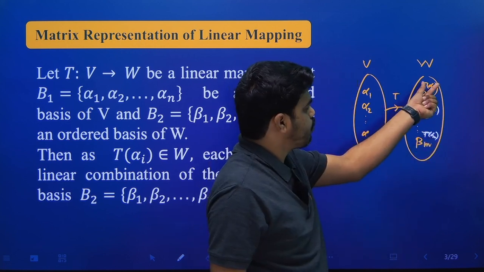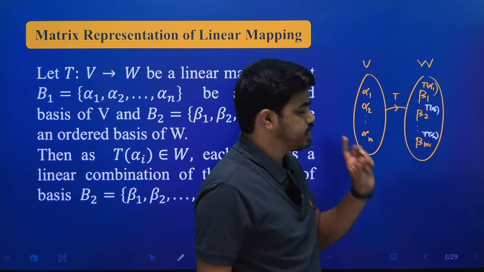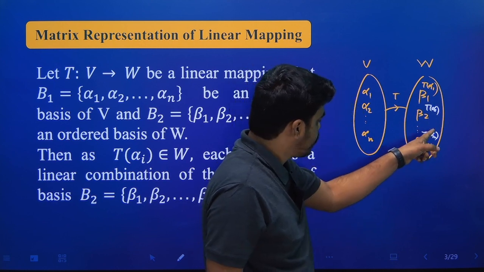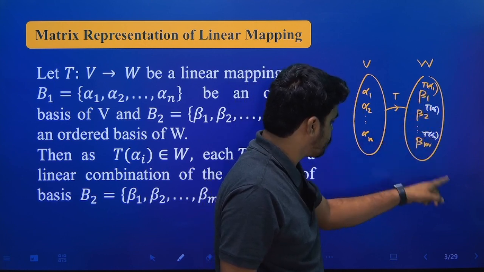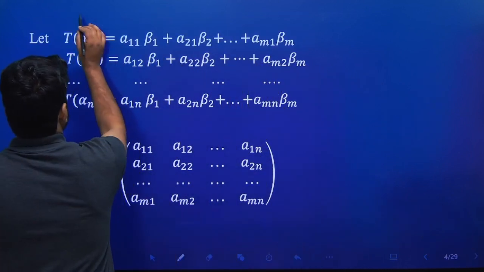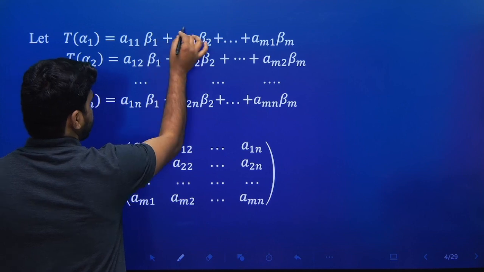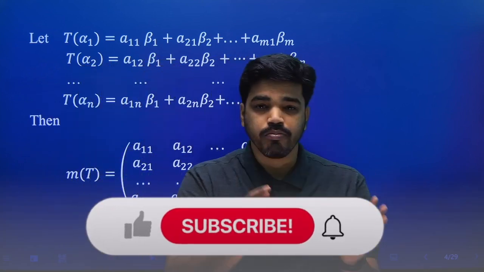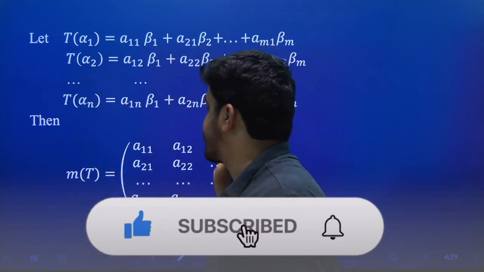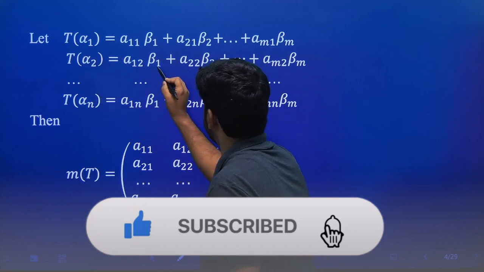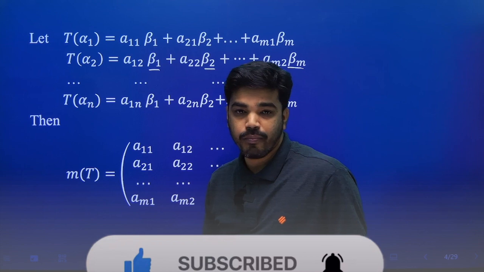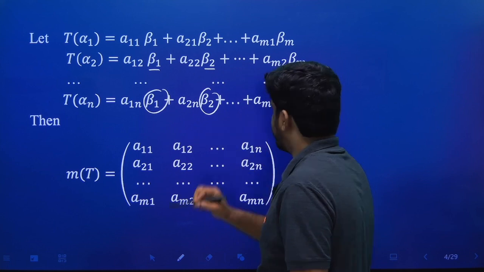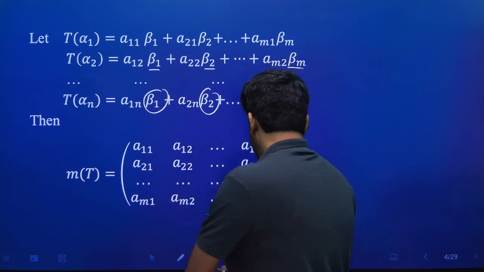So first কি করব, T alpha 1 কে beta 1, beta 2, beta m এদের লিনিয়ার কম্বিনেশন এক্সপ্রেস করব। সিমিলারলি T alpha 2 কে beta 1, beta 2, beta m এর লিনিয়ার কম্বিনেশন এক্সপ্রেস করতে হবে। T alpha n কে beta 1, beta 2, beta m এর লিনিয়ার কম্বিনেশন এক্সপ্রেস করব। That is, suppose T alpha 1 is equal to A11 beta 1 plus A21 beta 2 plus ... AM1 beta m. ঠিক আছে, then what is the matrix